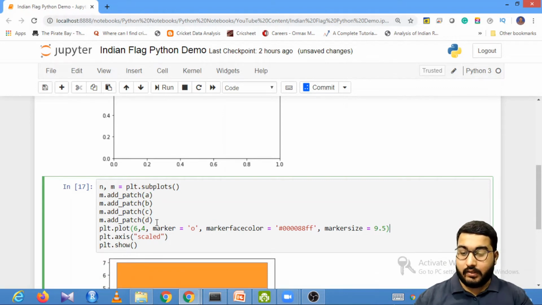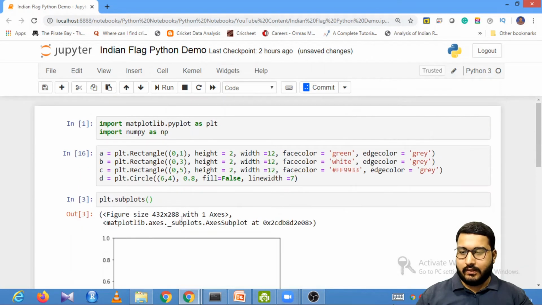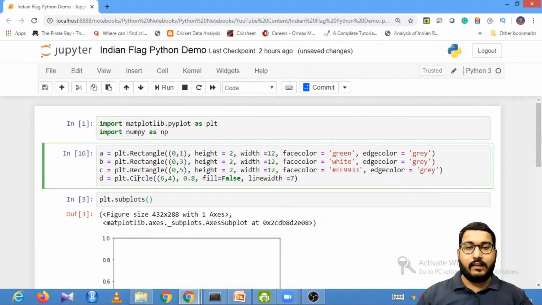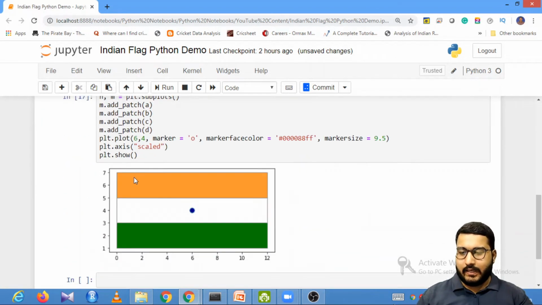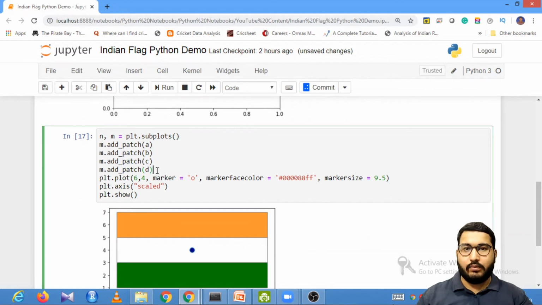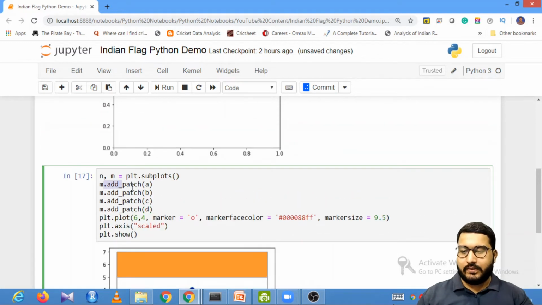Okay, so now I have not used this functionality for adding patch, because plt.plot will return you the plot, whereas this plt.rectangle and circle will return you the patch, and that is why both rectangle and circles are needed to be added to the plot. So that's why I'm saying add patch.